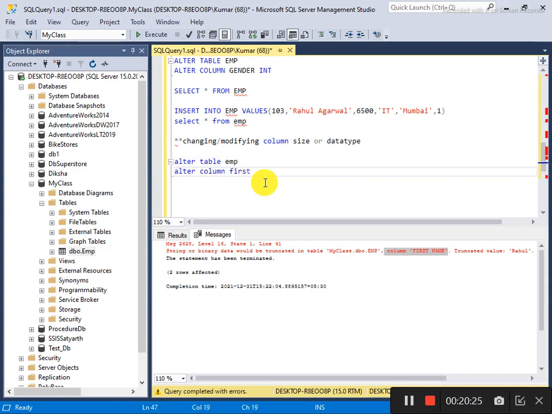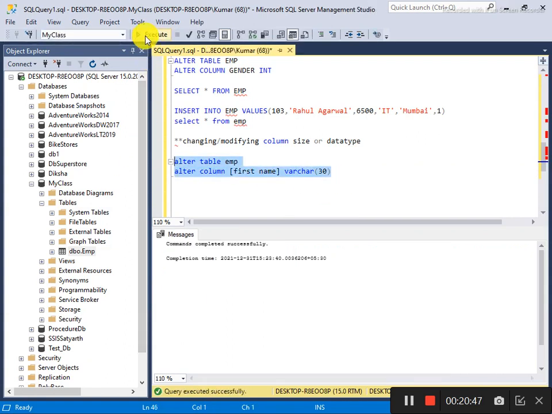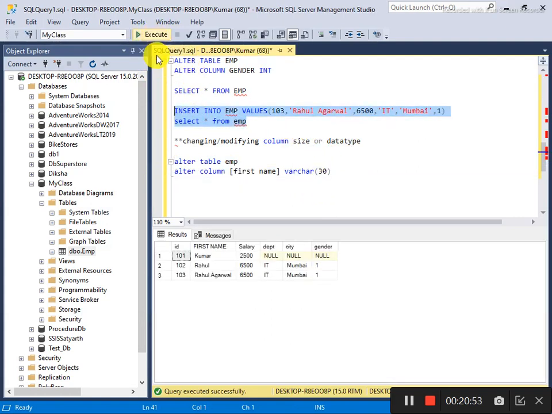Keep in mind, when there is a space in any column name, you will use square brackets. Without square brackets you can't do that. First name and then varchar 30, 20, whatever you want. Now I have updated its size. Now I will try to insert Rahul Agrawal. Now you see that Rahul Agrawal has been inserted successfully.